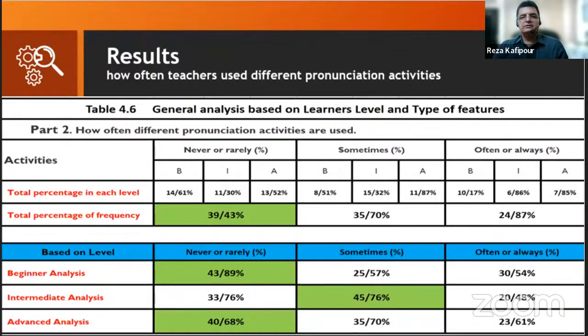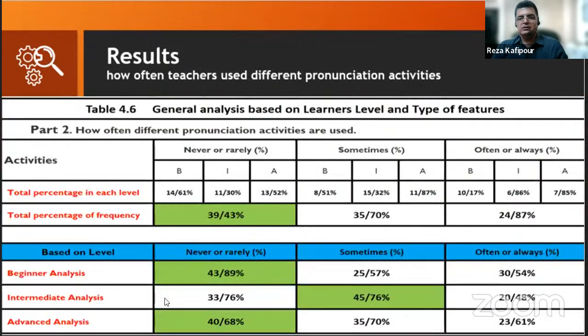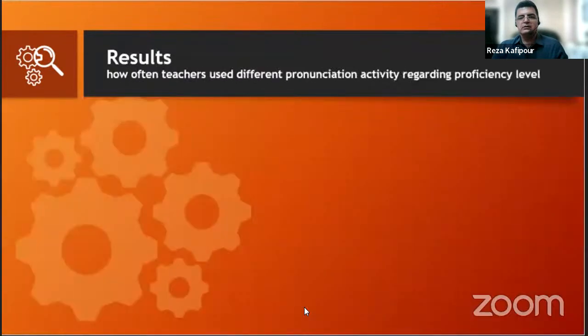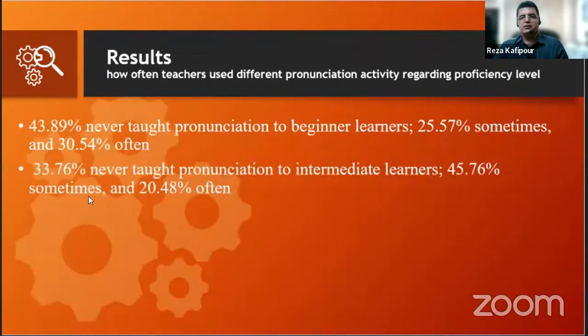So the next question refers to how often teachers use different pronunciation activities based on the proficiency level of the learner. So this table summarizes the result that I try to show you in this form. 43% never taught pronunciation to beginners, while 25% sometimes, and 30% reported that they often taught pronunciation to beginner learners of English. In the next part, for intermediate levels,